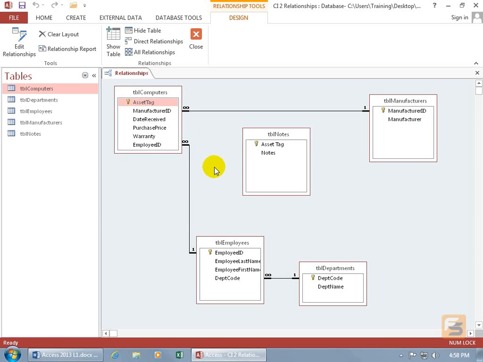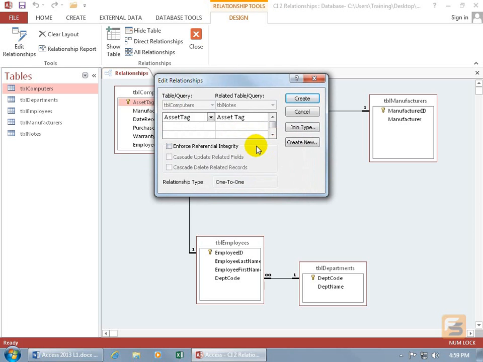And then finally, to create this one-to-one relationship, I shook things up just a bit so you can identify in a different setting some of the issues that may arise when you're trying to create these relationships. So you're looking at the asset tag here and the asset tag over here, and notice that it's spelled the same except the asset tag has a space over in the notes table and it doesn't here. So it doesn't matter as far as the names go, and that's what I'm trying to prove to you here, that when you click and drag from one primary key to another and you let go to create that relationship, it's going to allow you to do it just as long as you have the same data type set between the two primary key